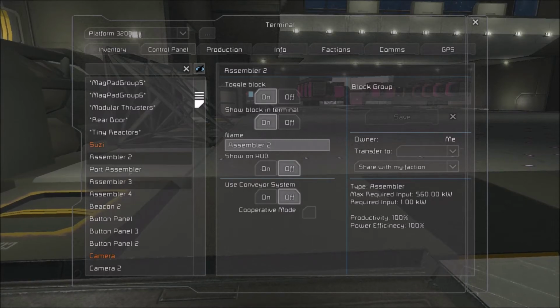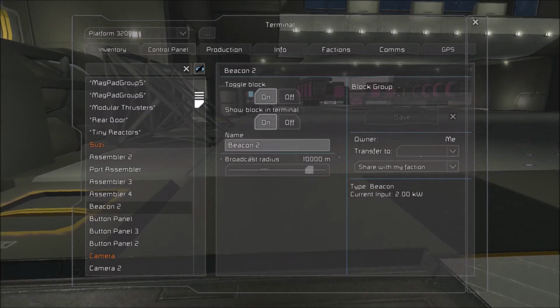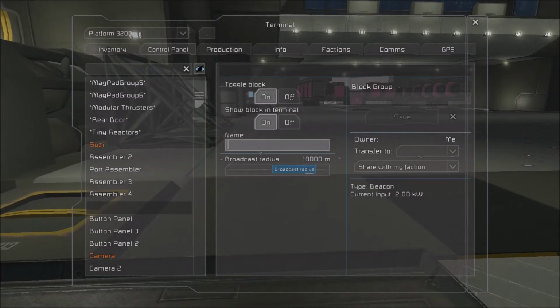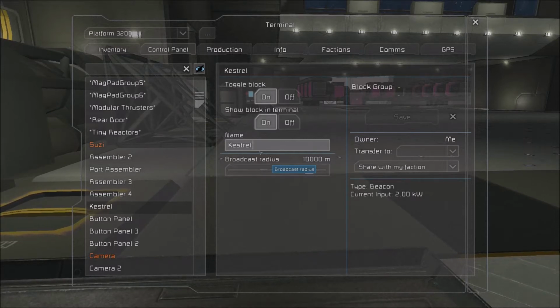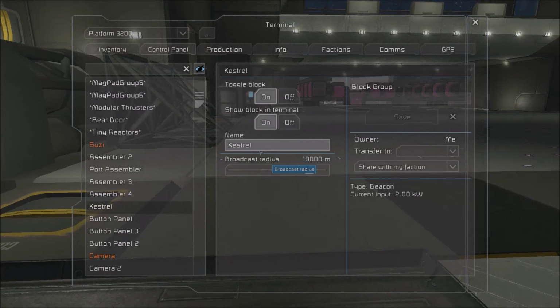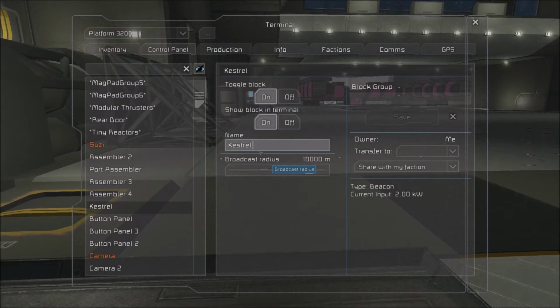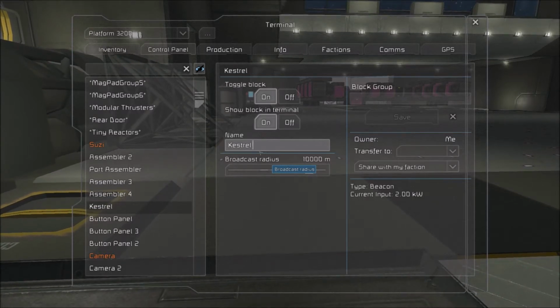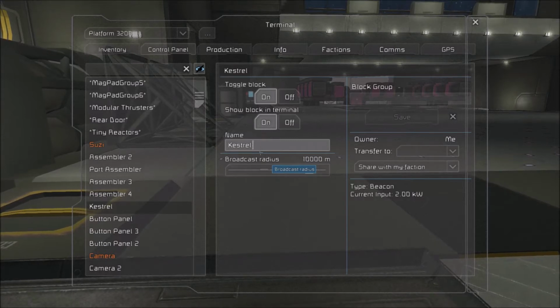I'll have to go through and redo these so we get the assemblers named up properly as well. I'm going to have their priority set, so part of what this mod does is inventory management. It'll move items for you. So Kestrel,